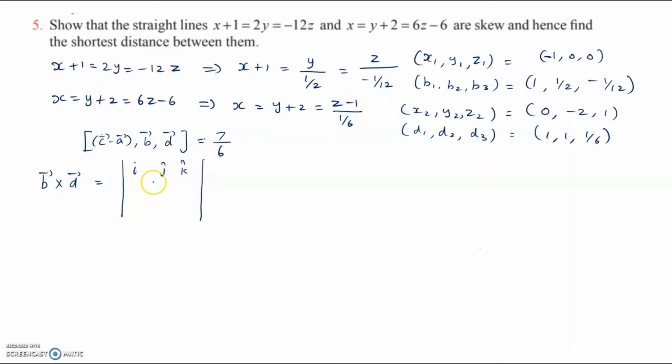Our B1, B2, B3 are 1, 1 by 2, and minus 1 by 12, and our D1, D2, D3 are 1, 1, and 1 by 6. So, solving this, we get our i cap into